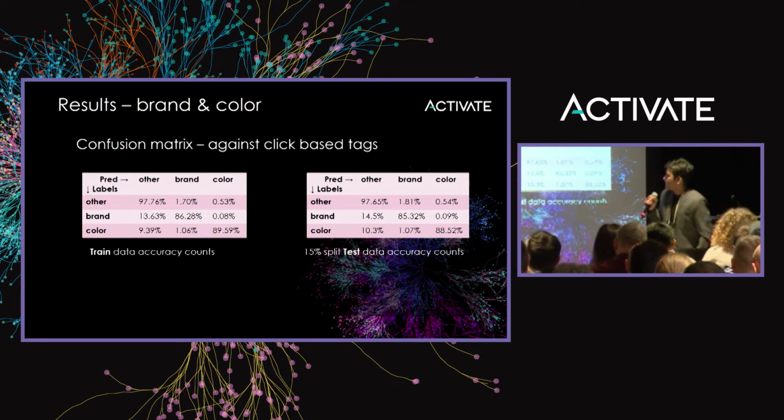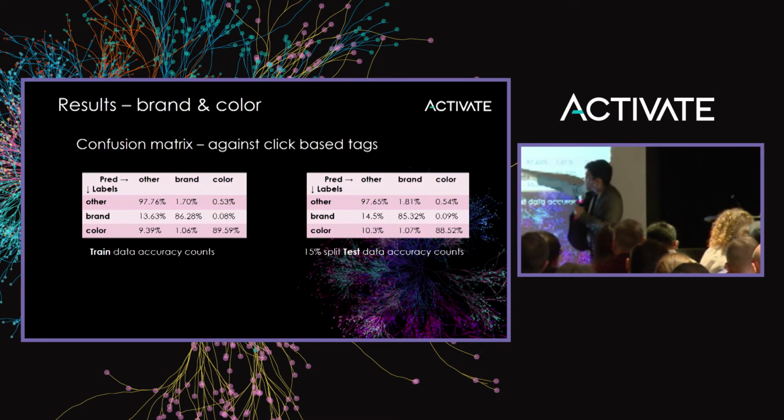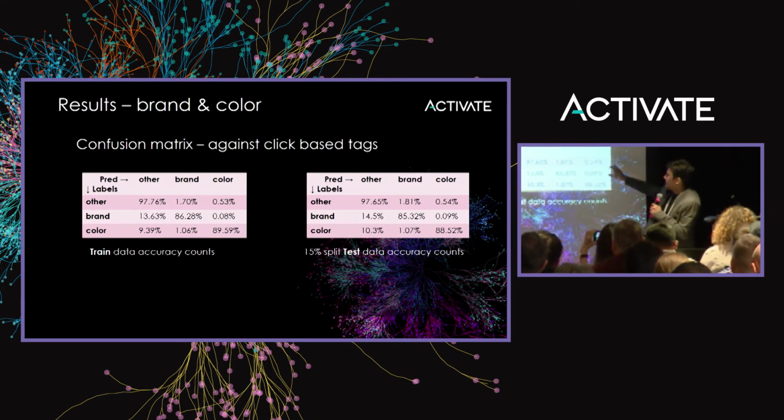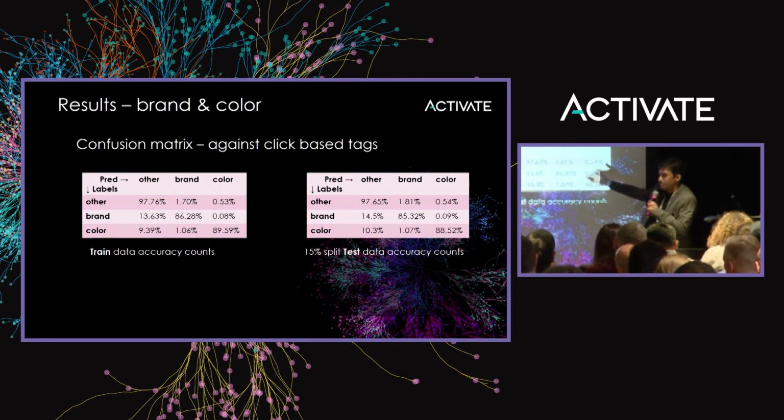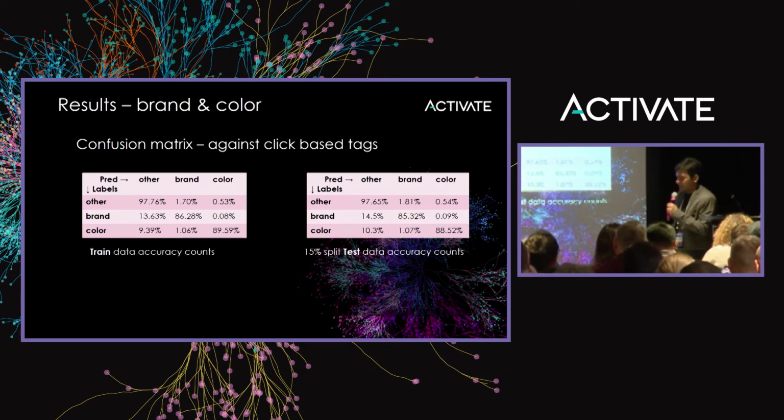Here are the results. Here's a confusion matrix in a sort of sense. What we are trying to show is, given a word which is labeled as other, what percentage of it is also predicted as other, and so on and so forth. We do notice that for the class called other, we have got the highest accuracy, naturally, because those are the words which are mostly present. And then for brand and color, slightly lesser, which made us curious as to